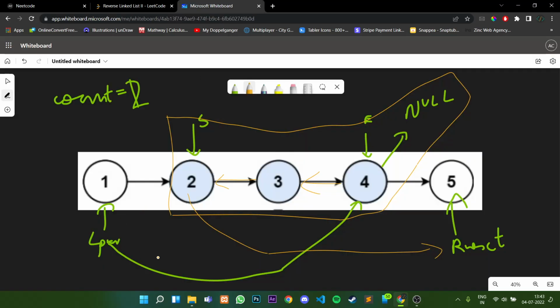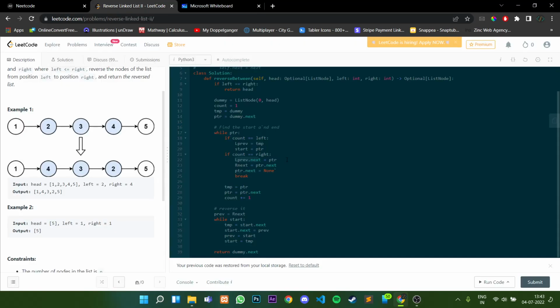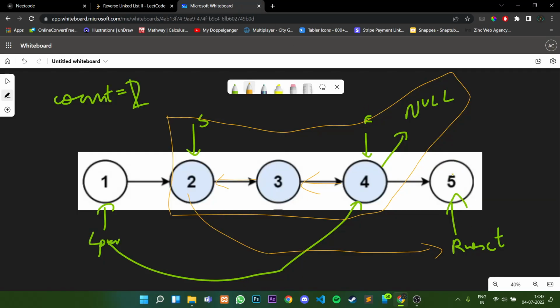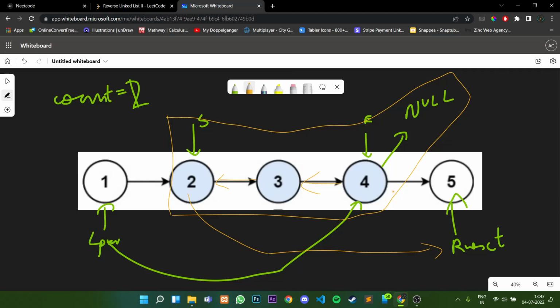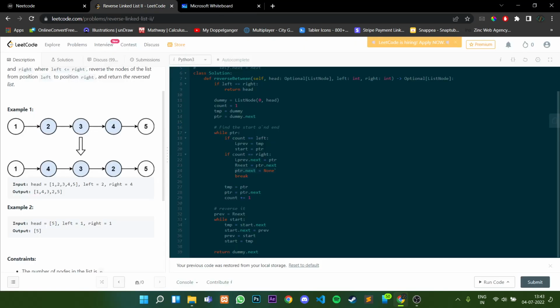we'll connect the L previous to the end, and we'll keep a pointer called r next equal to here, and then we'll disconnect this basically and make it point towards null, and then we have a new linked list and we'll reverse that linked list with previous starting from r next. Previous will start from here and we'll just reverse it normally, and then we'll just return dummy dot next because dummy is starting from 0. We don't want 0 to display, so we do dummy dot